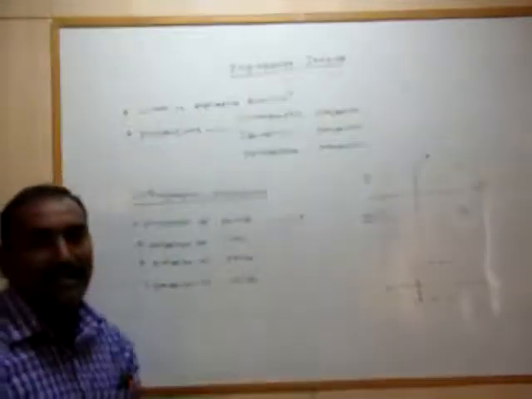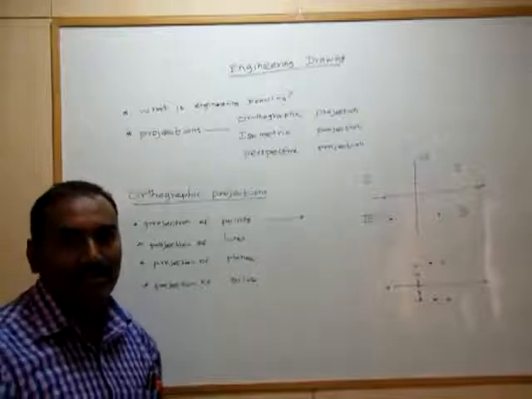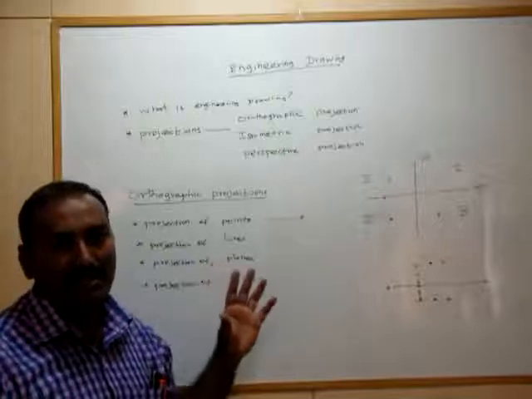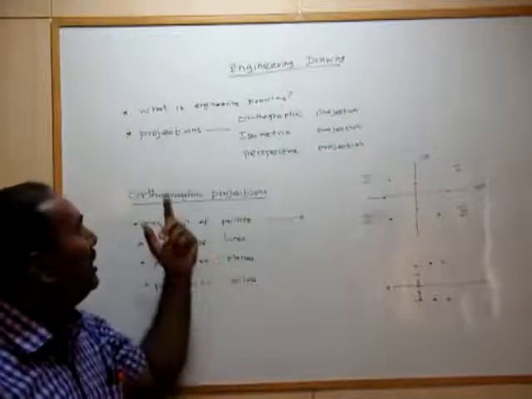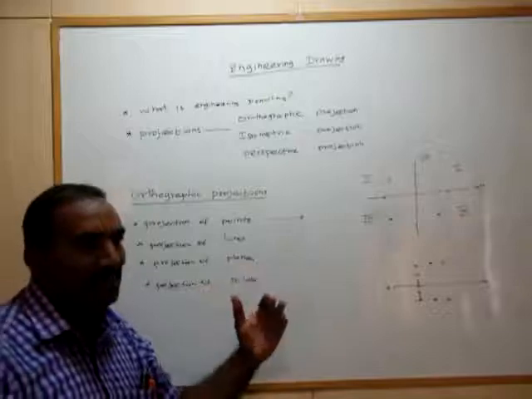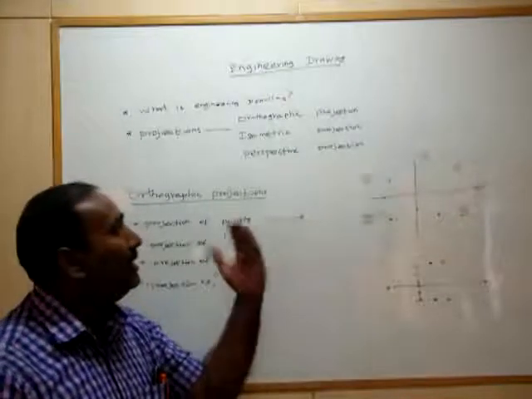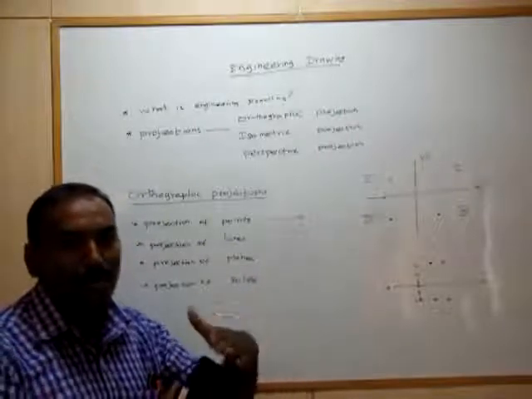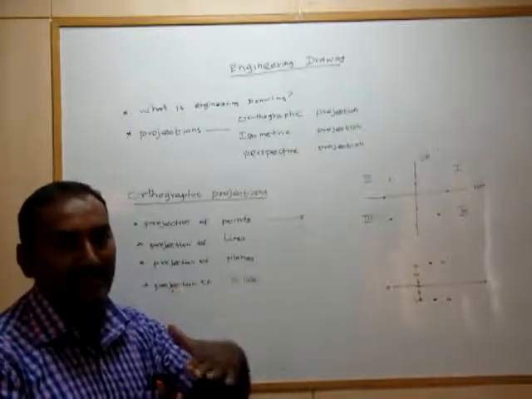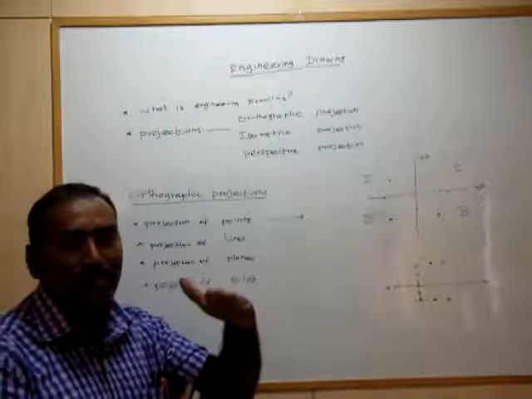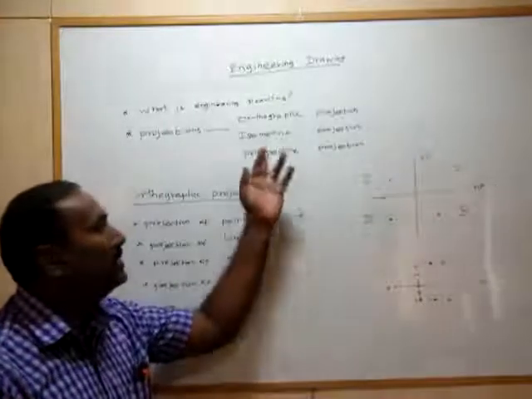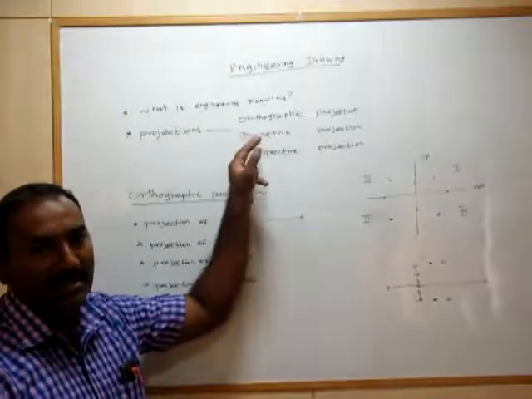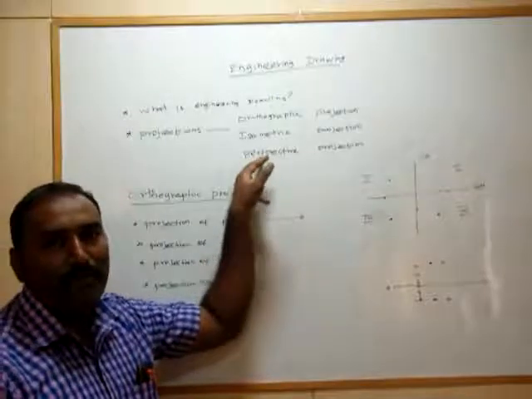Engineering drawing is a graphical language, a universal language. So this language can be understood by any technical person around the globe. And projection means the visual rays. Orthographic projection means ortho, 90 degree, right angled projection. The angle between two planes is 90 degrees. Next one is the isometric projection. Isometric projection means isosceles, and perspective projection is a photographic view.